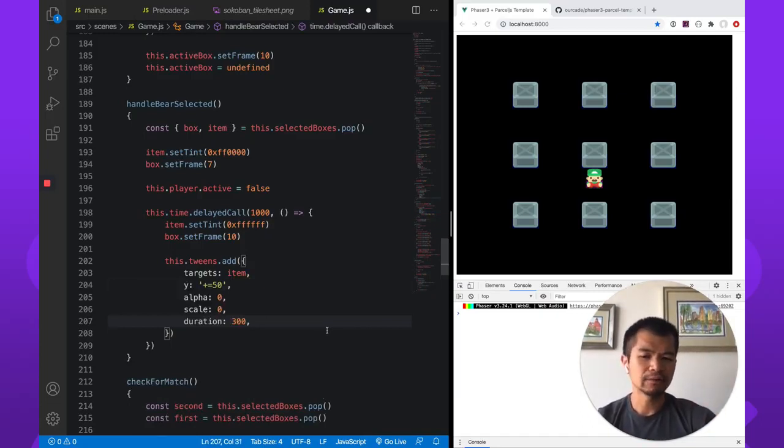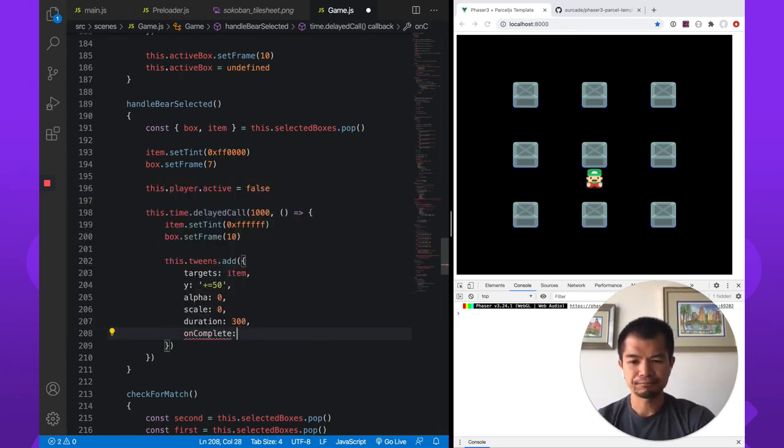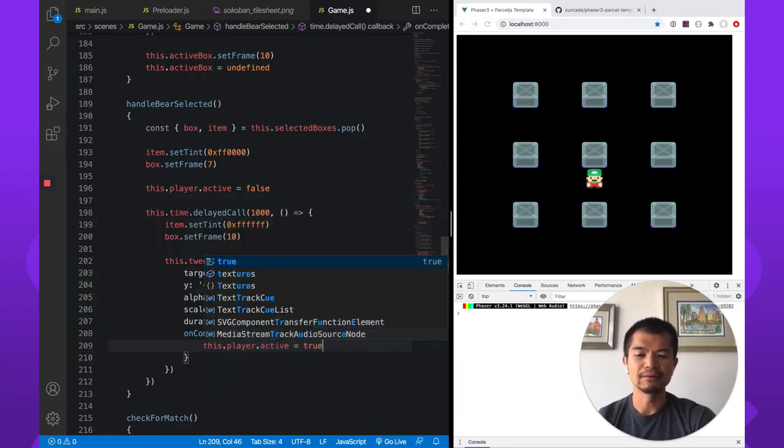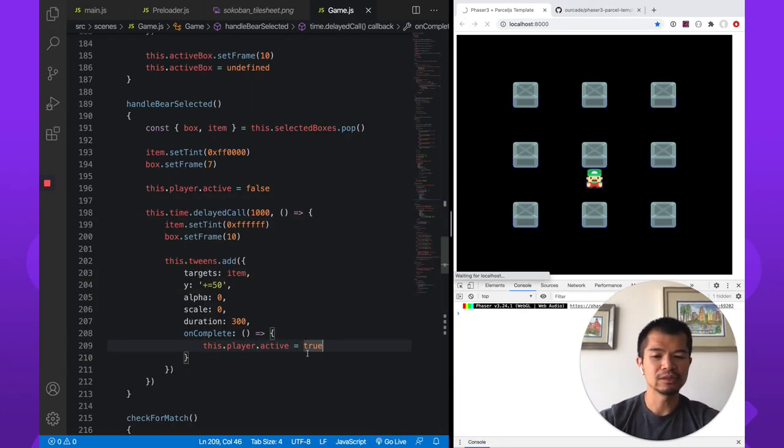You probably could abstract that out and share it as like an object that you can assign things into, but I'm not using it too many times. This is simpler. We're just going to leave it this way. And then on complete, we are going to allow the player to move again. But you don't have to do this logic exactly this way. You could set the player active basically after 1 second. This is a little crueler. You're losing another 3/10 of 1 second, but why not? Let's just see. Pick bear, red,